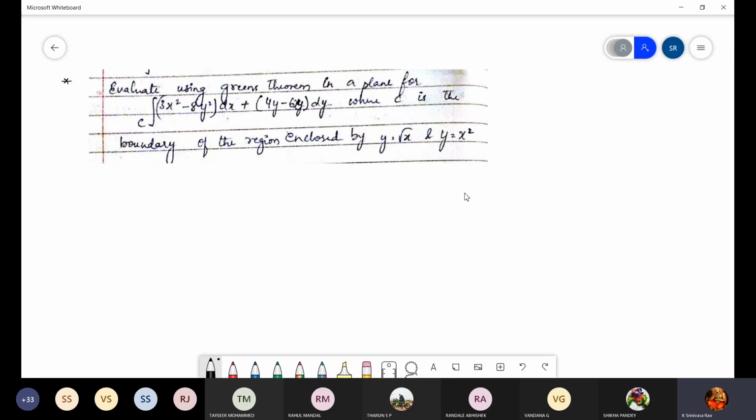I'll repeat: 3x square minus 8y square dx plus 4y minus 6xy dy, where